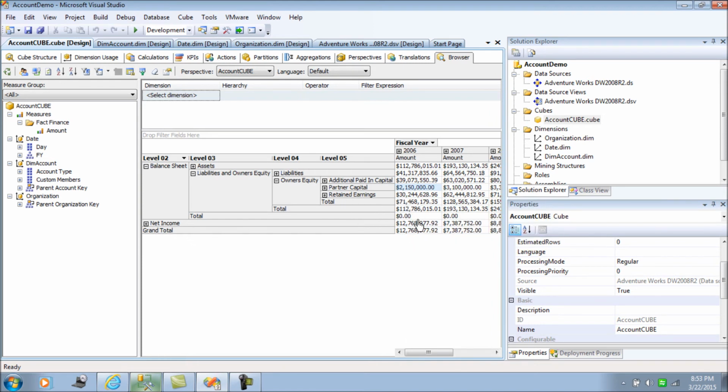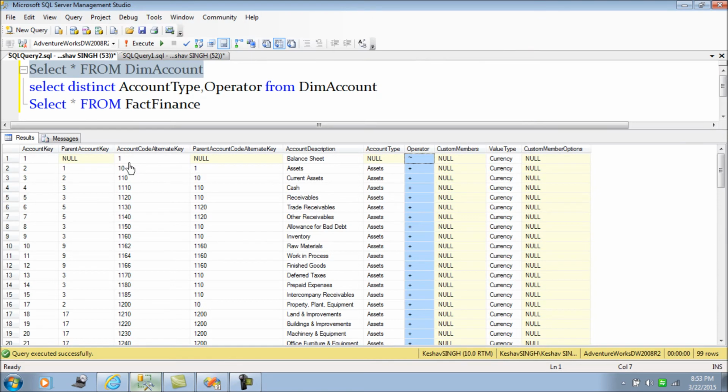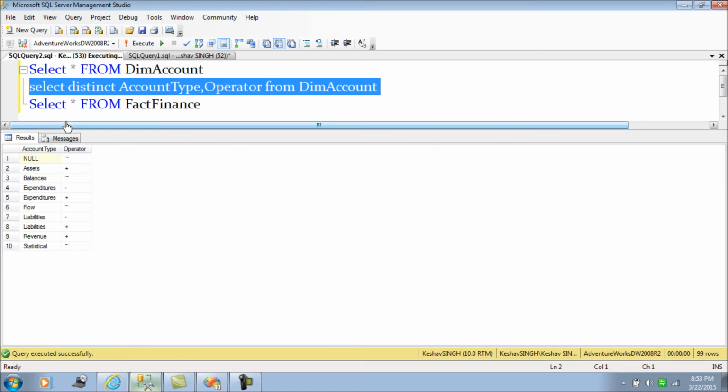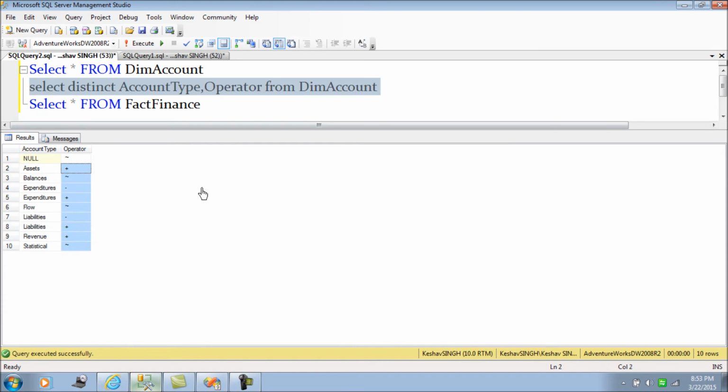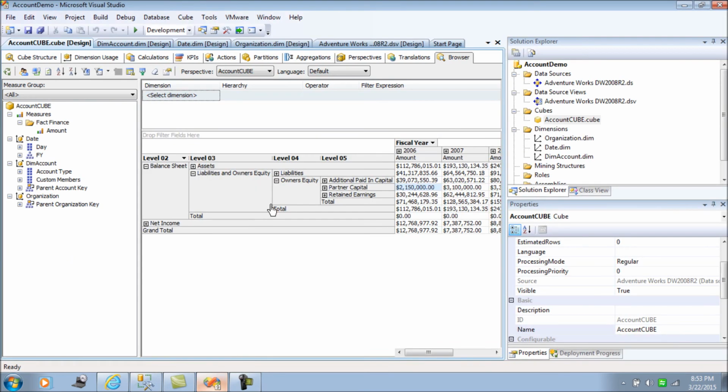It's aggregating the values internally. So what we have to do is identify, for each of the different account types here, what sort of aggregation needs to be done. So we also have to bring that kind of intelligence into our current cube.